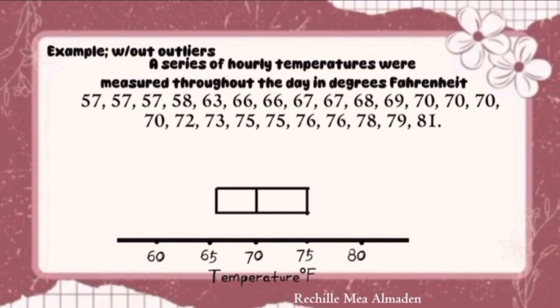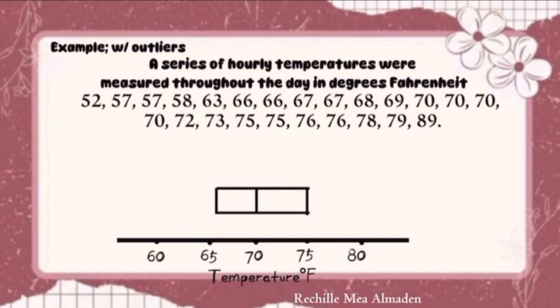So now another example of a box plot with outliers. In this example, only the first and the last number are changed. So the median, the third quartile, and the first quartile remain the same. Our maximum value in this data set is 89 degrees Fahrenheit, and 1.5 interquartile above the third quartile is